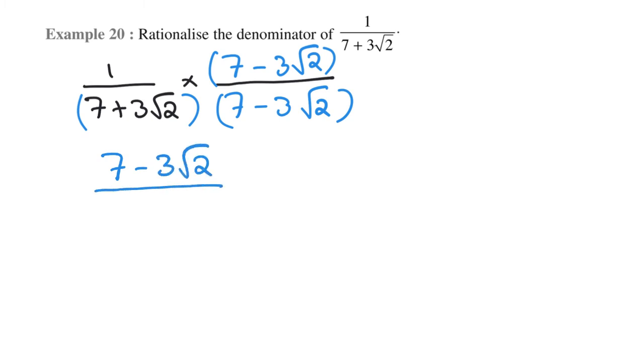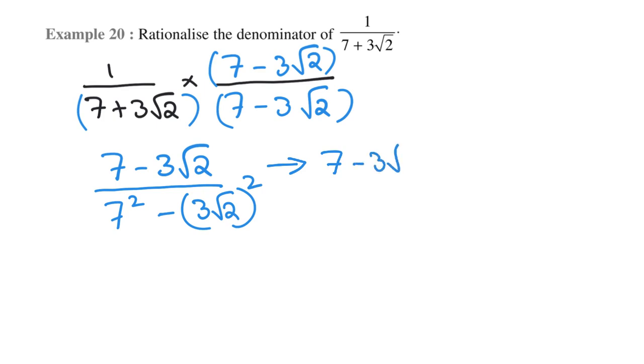Now what do you look at here? 7 plus 3 root 2, 7 minus 3 root 2. Is this in the form A plus B times A minus B, which is A squared minus B squared? In other words, 7 squared minus 3 root 2 the whole squared, because this term completely is squared. Now let's move on. So my numerator is going to be 7 minus 3 root 2, divided by, what's 7 squared? 49